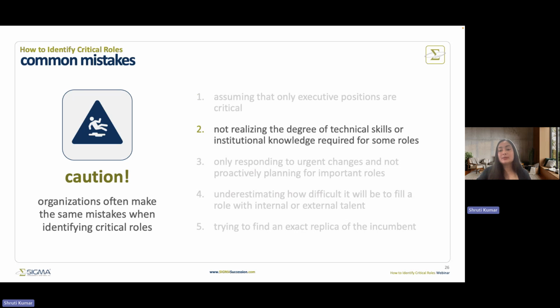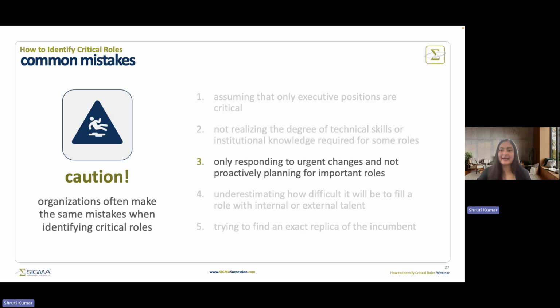So, on a related note, the next mistake is overlooking those roles that require complex skills or unique knowledge. Now, this may occur because your succession management team is more familiar with certain roles or have certain blind spots. This can also occur when you have really strong employees who are so good at their jobs that you take for granted what goes into their role. So, like with the previous mistake, this is why it's important to take an exhaustive approach. So you can list as many roles as you want to, and you can spend some time learning more about your workforce. And then going through the criteria will really help you to narrow the list down.